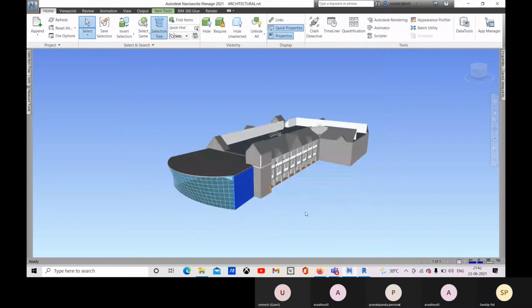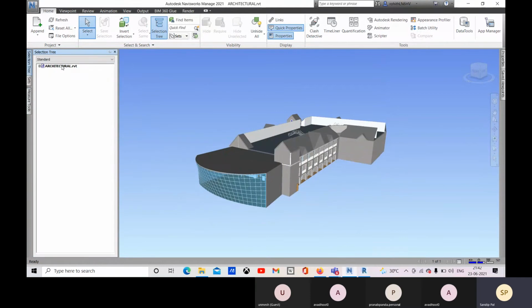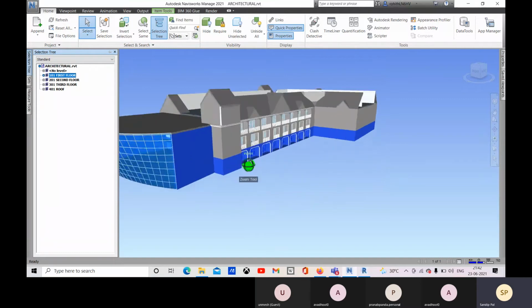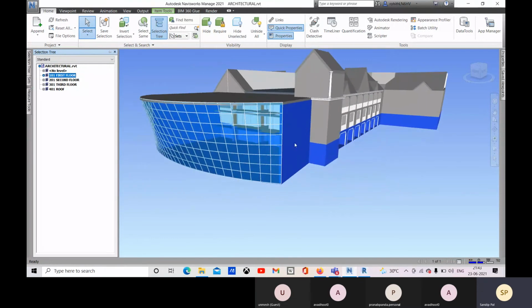So here you can see that this file is available right now. And here also you have this architectural RVT as per the model. You have this total tree. So you can select the total model with just a single click. And if you open the tree, you will get all these levels, and some objects are created at site, so those are not present in any level. And here you can select as per the level, all the objects which are present in the first floor will be selected, and these walls are continuous, so this is not connected with any level.